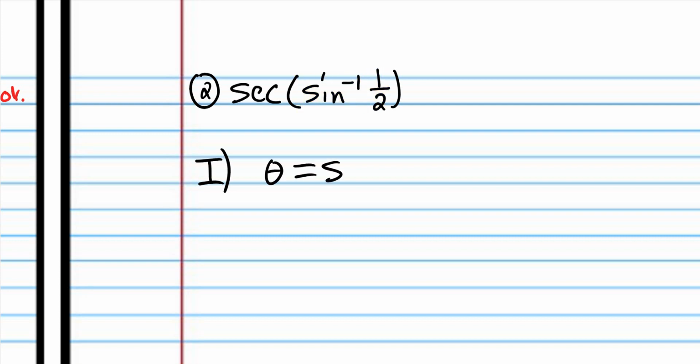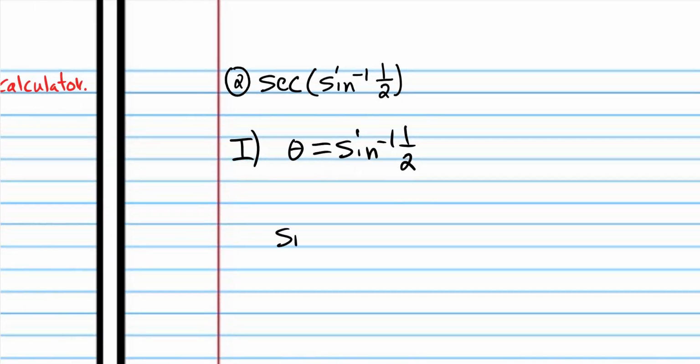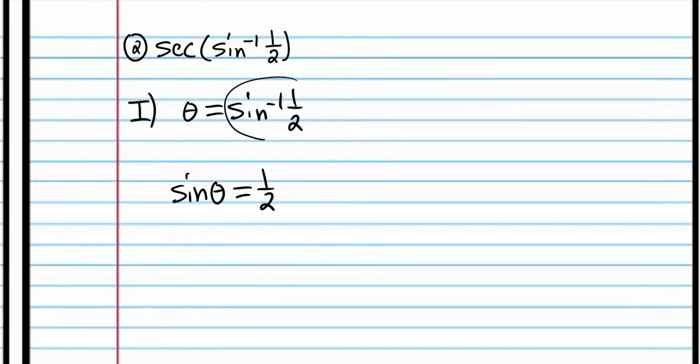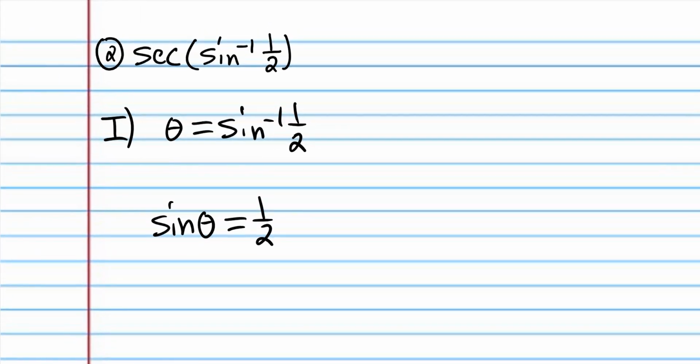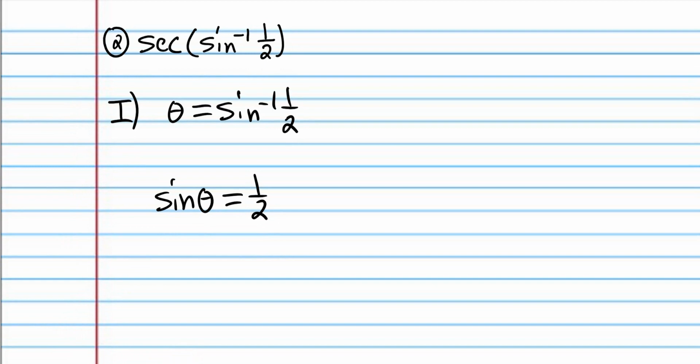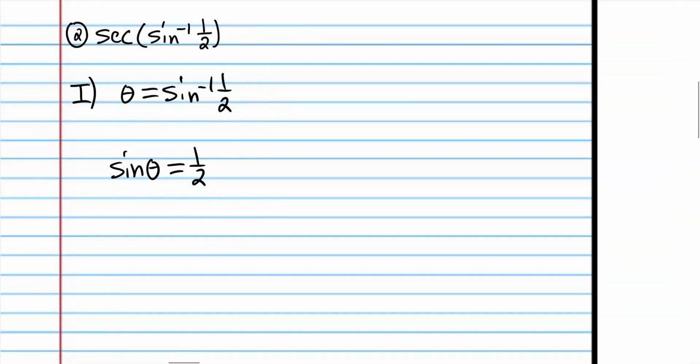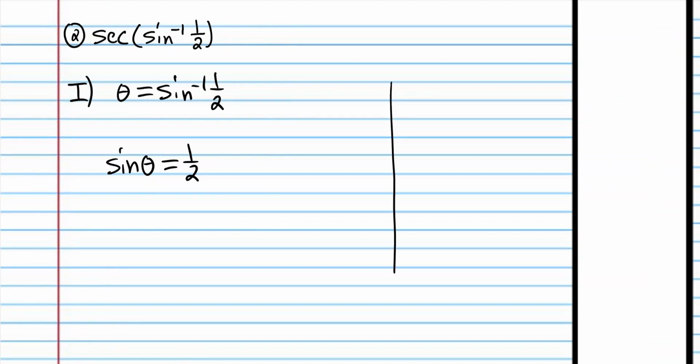So in order to help us understand what it means, let's set the expression equal to theta and then translate that equation to a different form. Now we can understand what this expression is asking us to do. It's asking us to find the value of theta that you can plug into the sine function so it equals 1/2. So we're used to using this notation on our calculators, but if we see this notation, we can go backwards to understand what it's really asking. So we want to know the theta values that work in that equation,